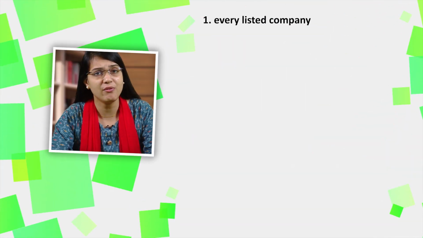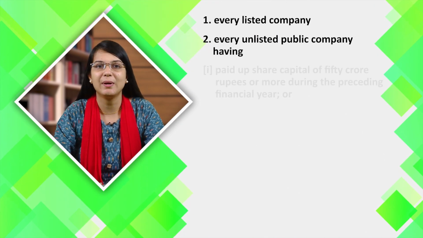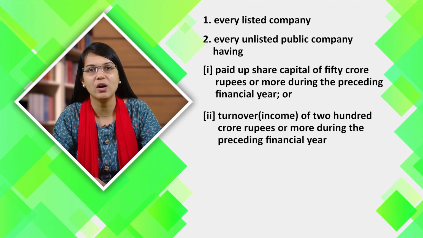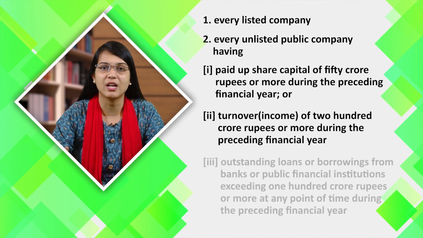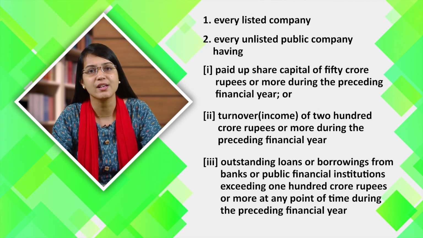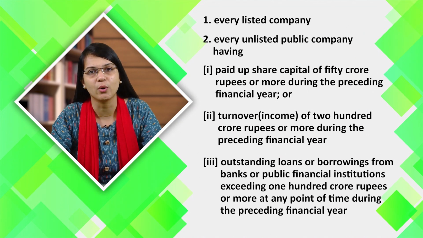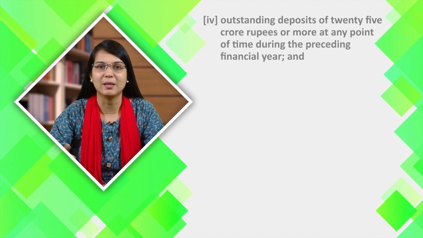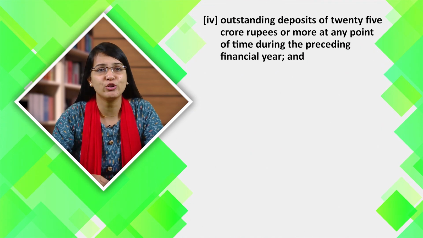number first, every listed company, number second, every unlisted public company having paid up share capital of 50 crore rupees or more during the preceding financial year, or turnover of 200 crore rupees or more during the preceding financial year, outstanding loans or borrowings from banks or public financial institution exceeding 100 crore rupees or more at any point of time during the preceding financial year, outstanding deposits of 25 crore rupees or more at any point of time during the preceding financial year,